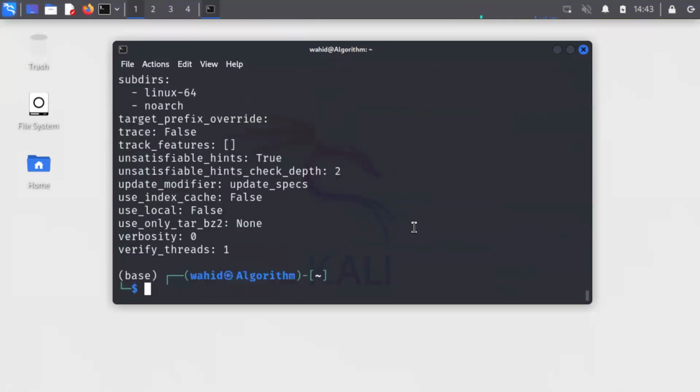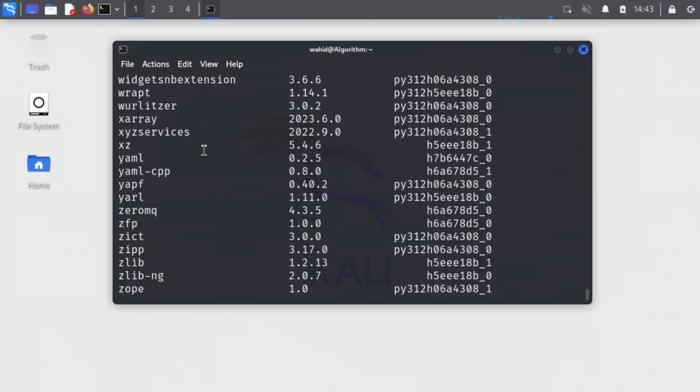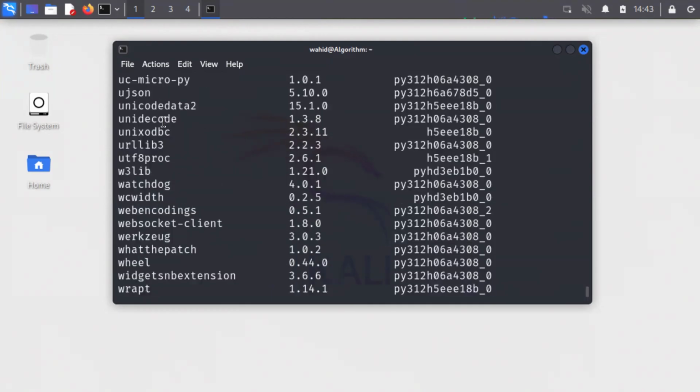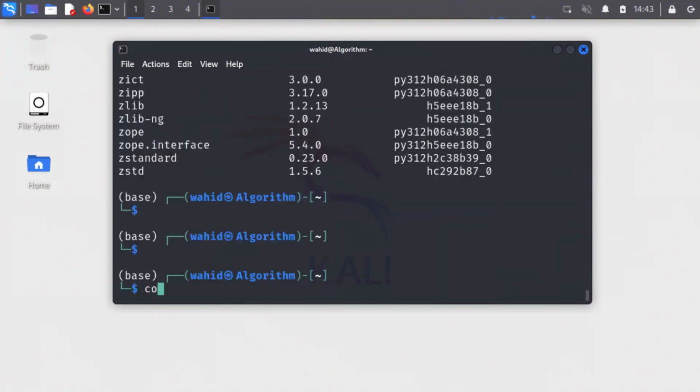We could do a lot of commands here, but some of them depend on what you need to do, and some of them you could just compare with pip. So if I just do conda list here, you can see the packages it has. If I want to check, for example, whether numpy is there, I could say conda list and then grep -i numpy, and then I want to see the Python version itself, and then I want to see